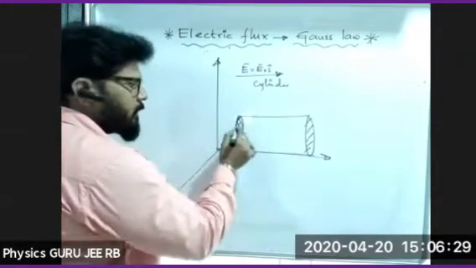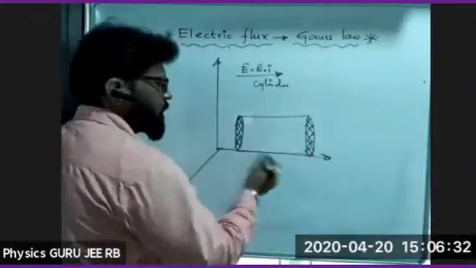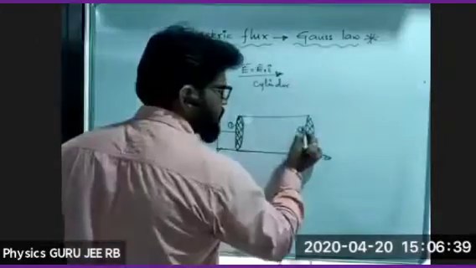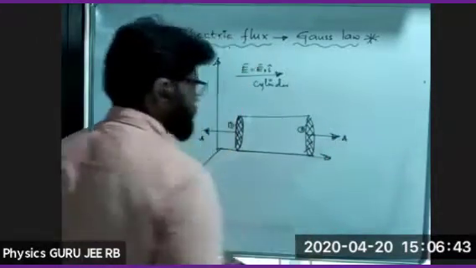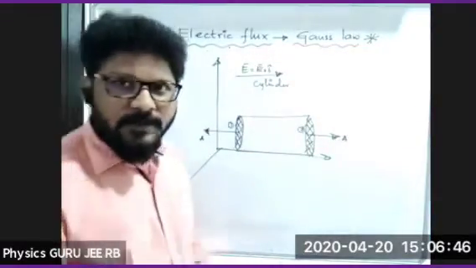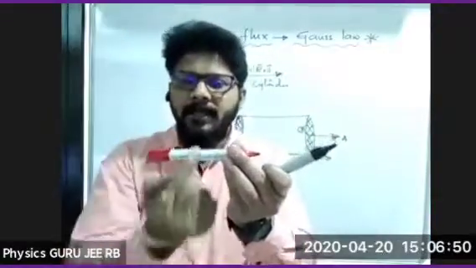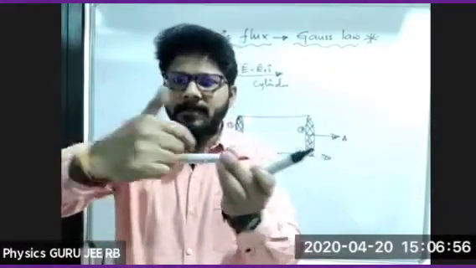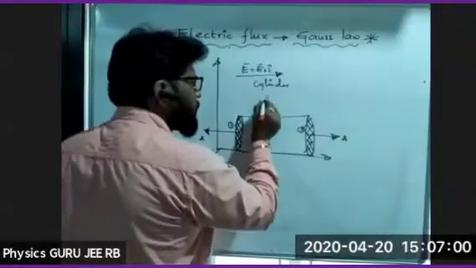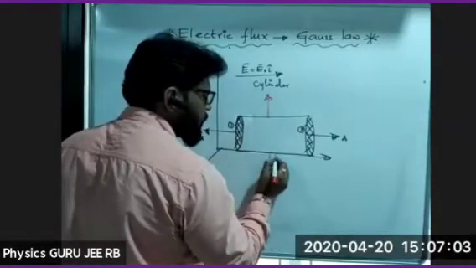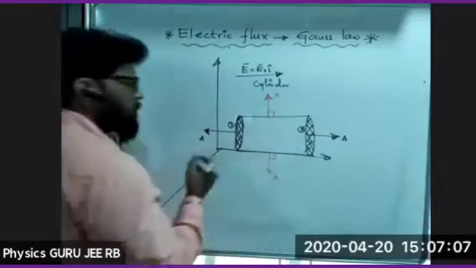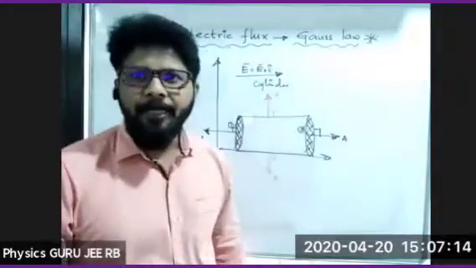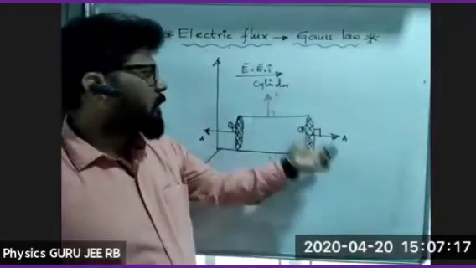Simple, for this area, we can have one surface on the first side and a second surface on the other side. So this is the direction of A for the first surface, and this is the second surface, with this direction of A. If I take two more surfaces, because this is a cylindrical shape, at any point on the curved surface the area vector will be perpendicular. Theta is equal to 90 degrees here, 90, 90, 90, 90. That's all. Okay, now look, these two are in the same direction.